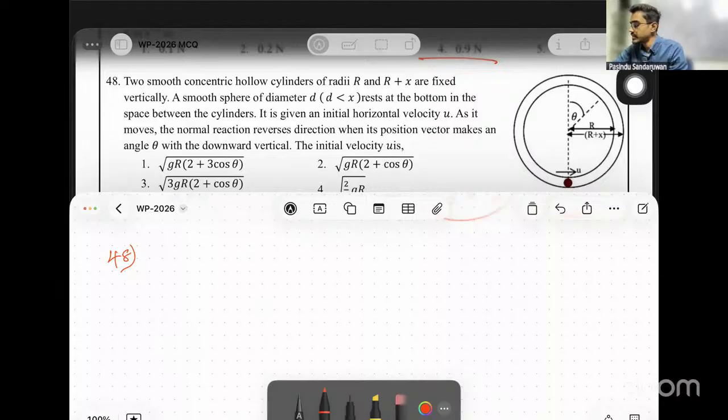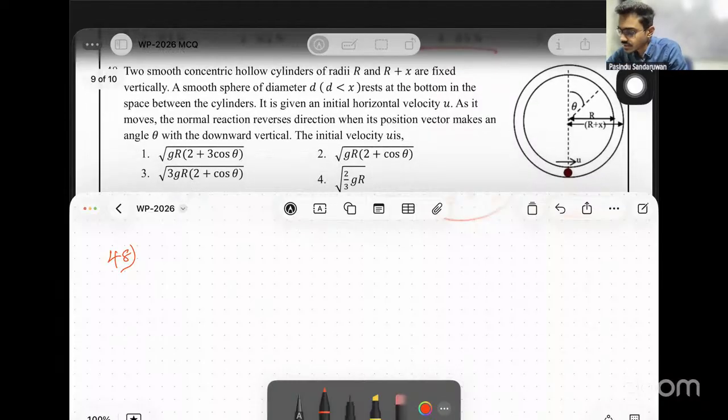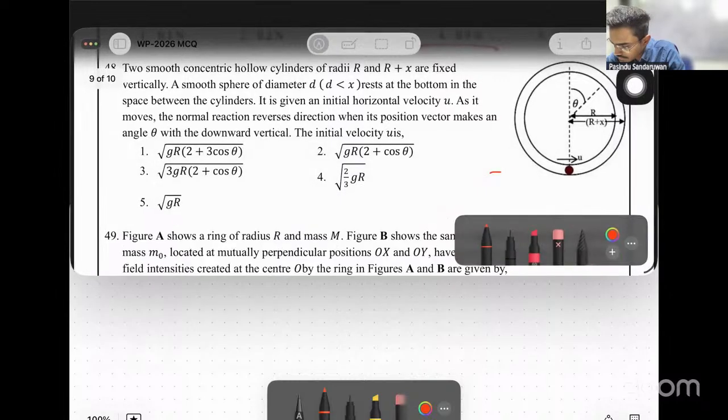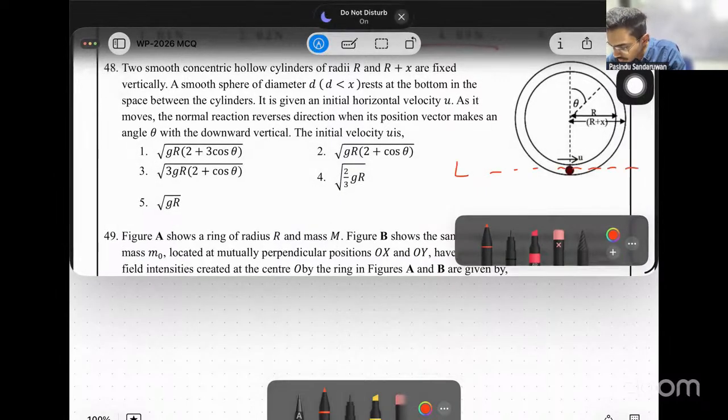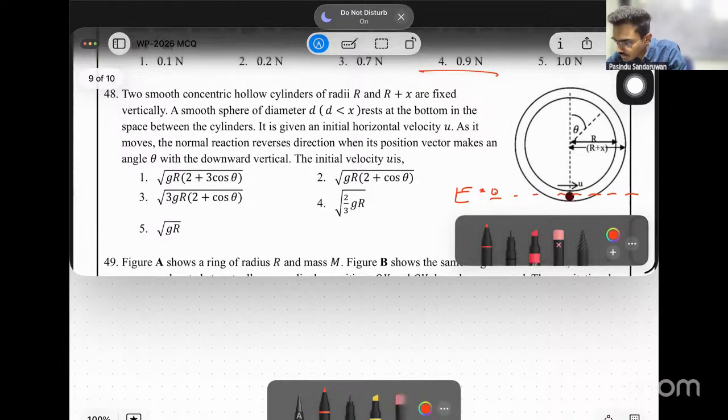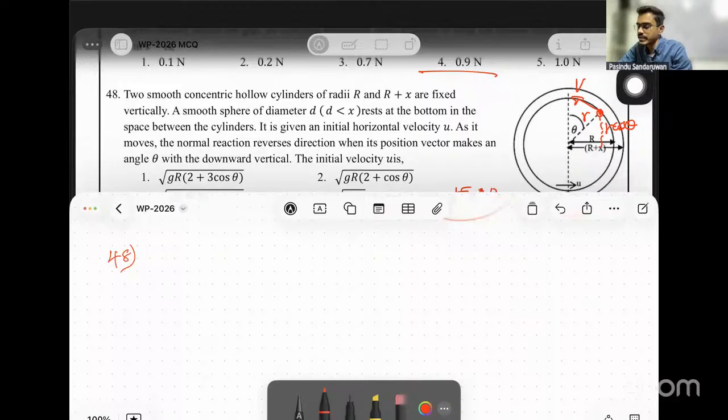Let's consider this as my earth zero level. If that is the zero level, at this point, using this radius, we can write this height as r cos theta. Let's assume the velocity of the object here as v. Velocity at this point of this particle is v. Then to get the velocity first,